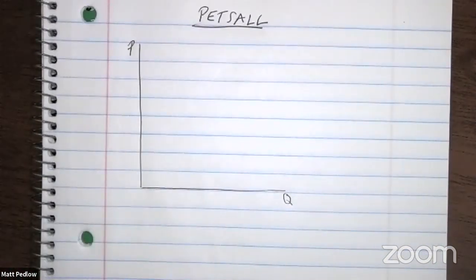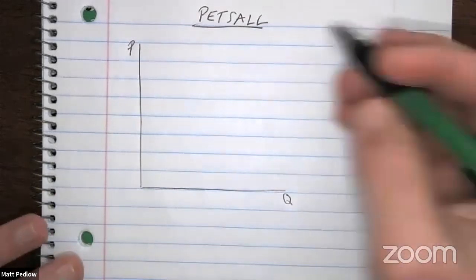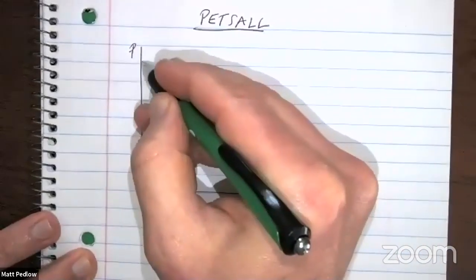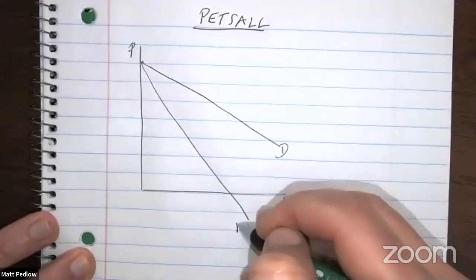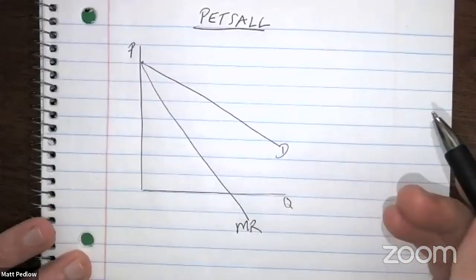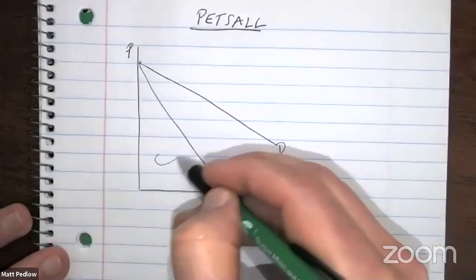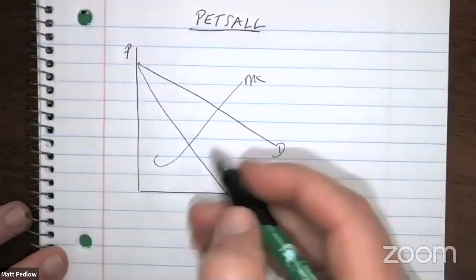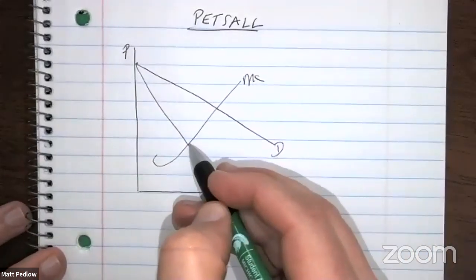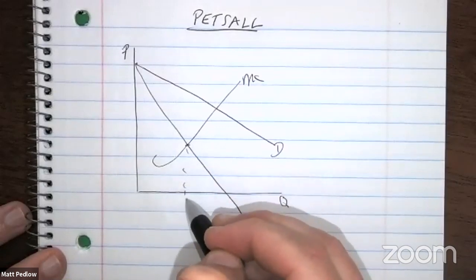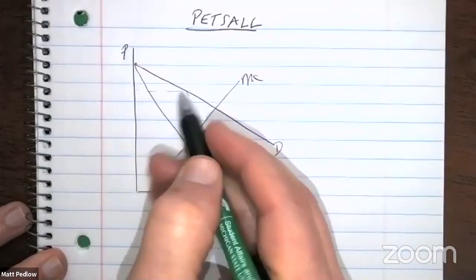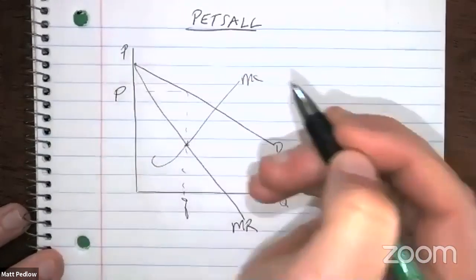Okay, so correct label graph that shows the output and price. Okay, so demand, marginal revenue. We talked the last couple of days about why this is below it. Marginal cost. And it says output in the price. So once again, MC hits MR. So where the monopolist sets your quantity, go up to your demand curve for price, label this P, and area